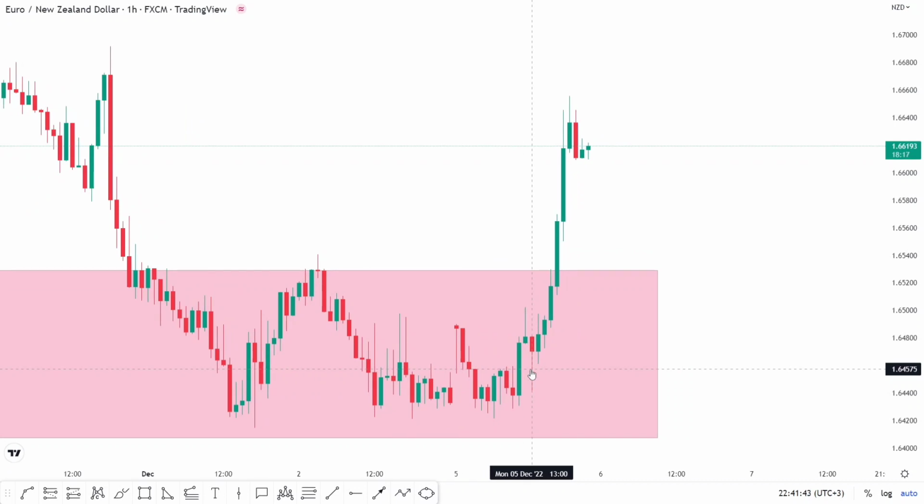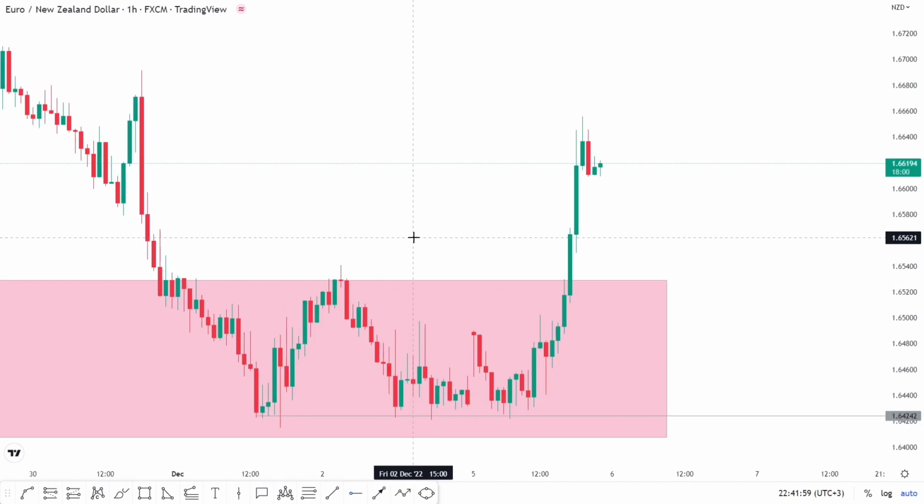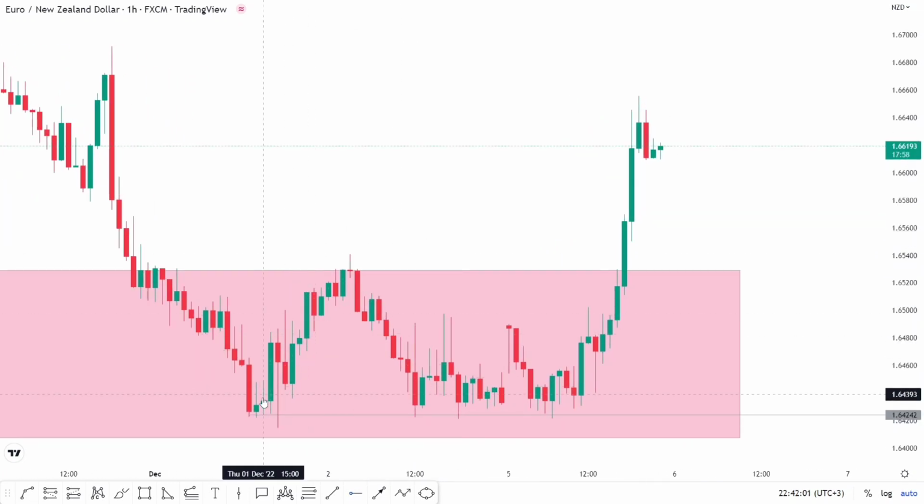So I want you to notice a few things. Remember, we're looking for a confirmation pattern. Now, before we get the confirmation, we want to see how price will react at this point. So if you look at the demand zone, there is a very significant line of support that is evident at this point. I want you to see the number of times that price touched this support zone and it got rejected. It's actually numerous times.